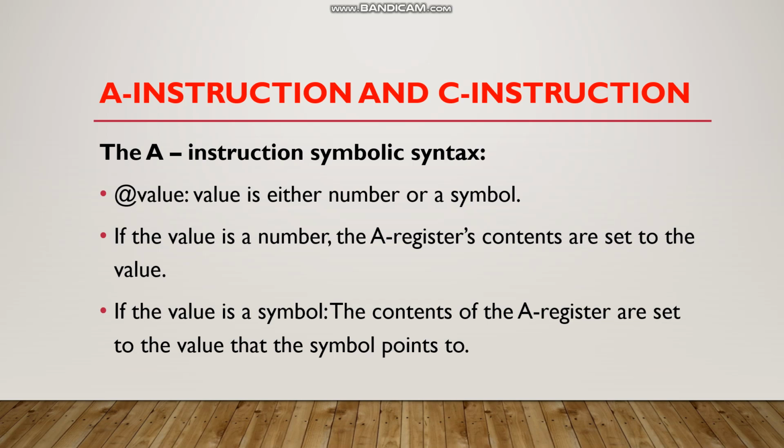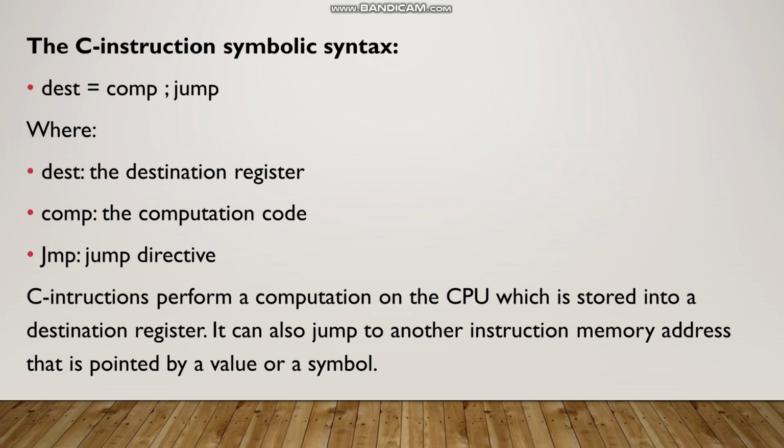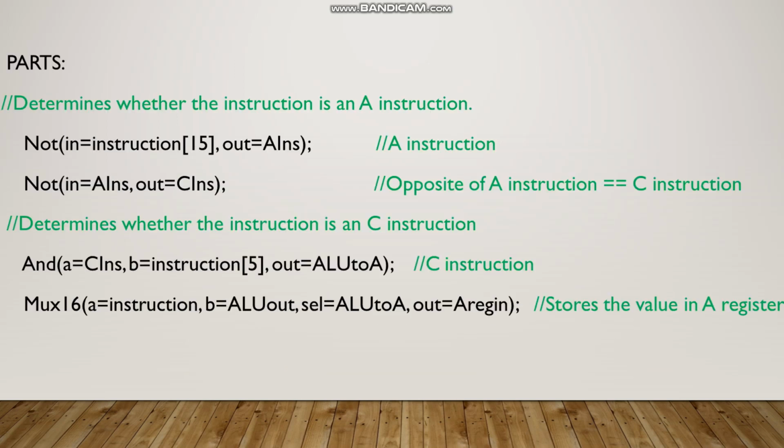On the other hand, C instructions have a symbolic syntax of just dest equals comp; jump. This instruction performs the computation on the CPU, which is stored into the destination register or a memory location. It can also tell the CPU to jump to another instruction memory address that is pointed by the value or the symbol. In the first line, we can see that the NOT gate is used to tell whether